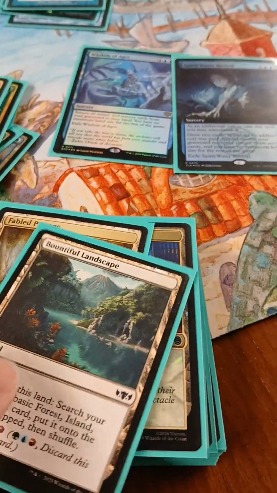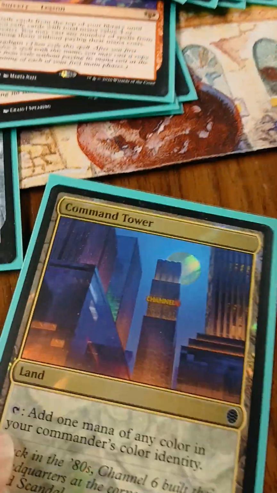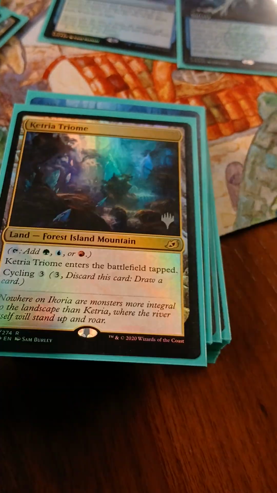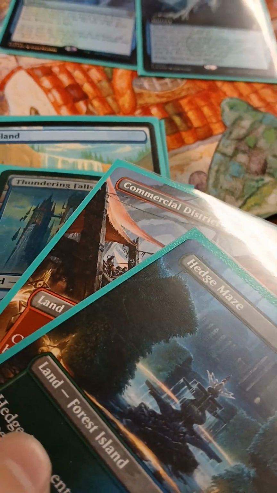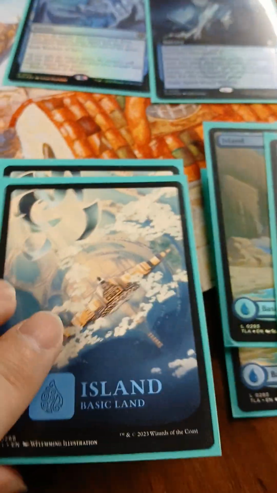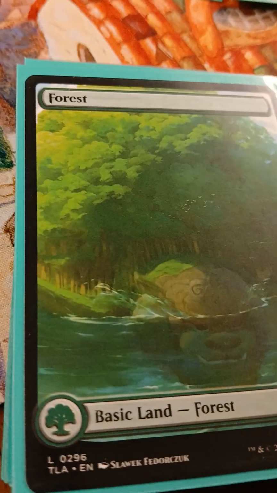I only have 2 fetch lands, which are Bountiful Landscape and Fabled Passage. I got Command Tower, Path of Ancestry, just a tapped tri-land that has cycling. All 3 Surveil lands. I got 7 islands, and then I have 6 mountains, and I got 9 forests. So that's going to be 23 basic lands,